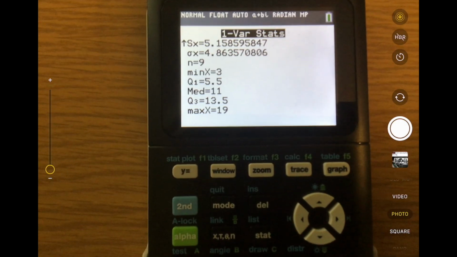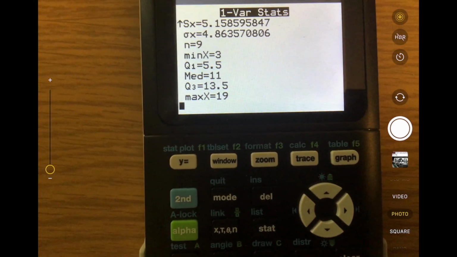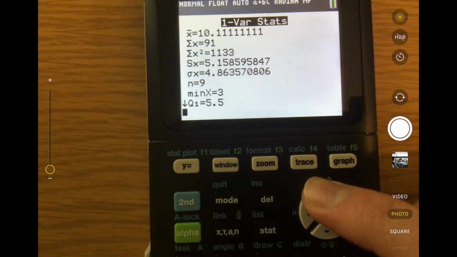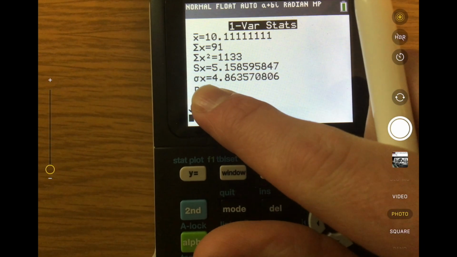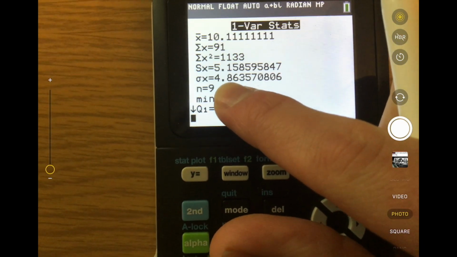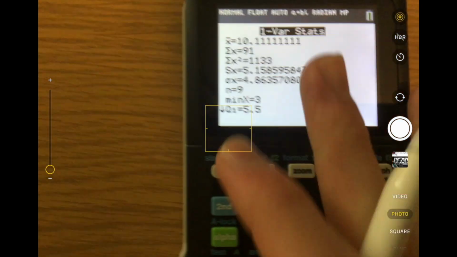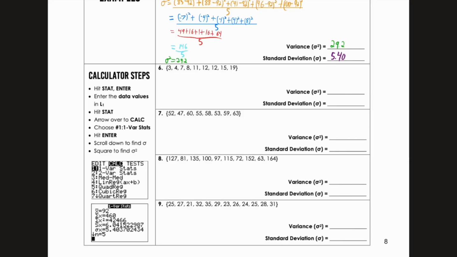And we don't see things like the range or interquartile range, but you can find those, and same is true for the mode. But for our purposes here, we really only need the standard deviation, because we can use that to then find the variance by squaring it. So we need 4.86, blah, blah, blah, or just 4.86 for us, rounding to 2 decimals. So let's go back to our notes. So 4.86 for standard deviation. And if we square that, we get approximately